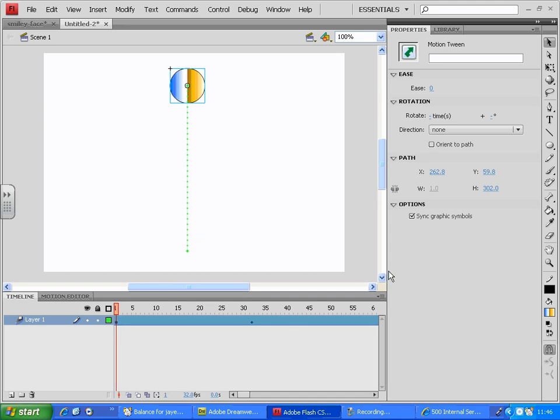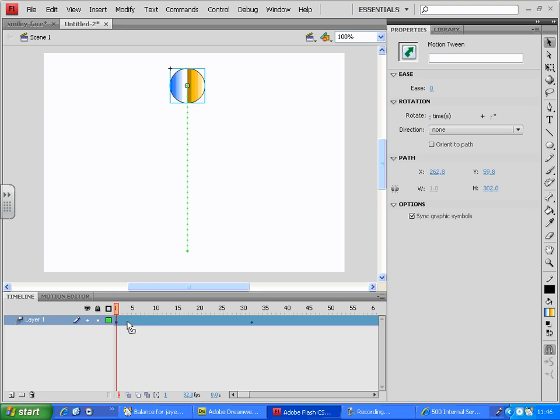Now here you need a bit of explanation. With a motion tween, when you click on the timeline to select just a single frame, it doesn't allow you to do that. If it is already a motion tween, the moment you click anywhere in the timeline, it selects the entire span of your animation. So if I now want to go back and select only number 1, copy that, then go to number 64 and paste it there,